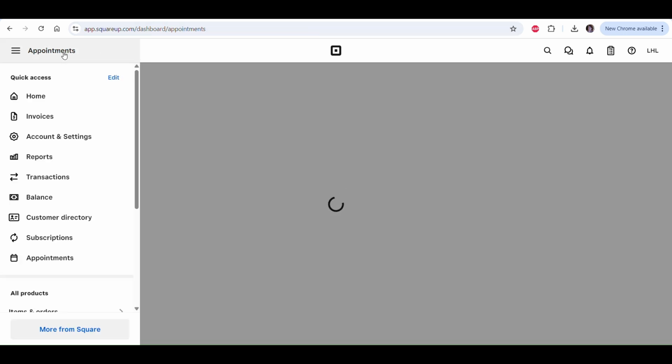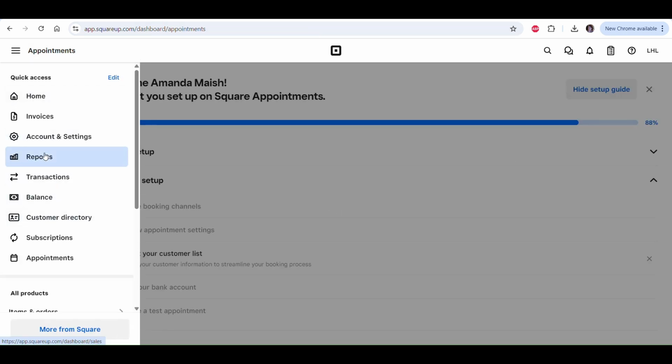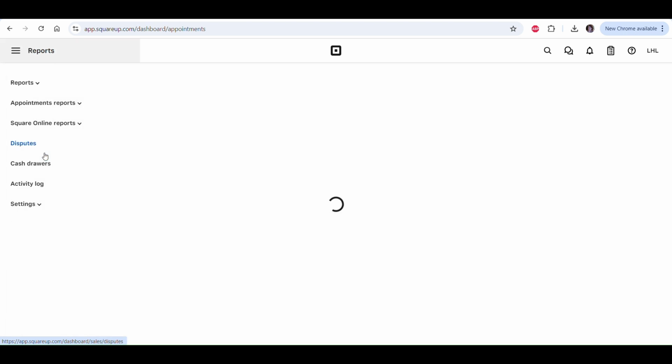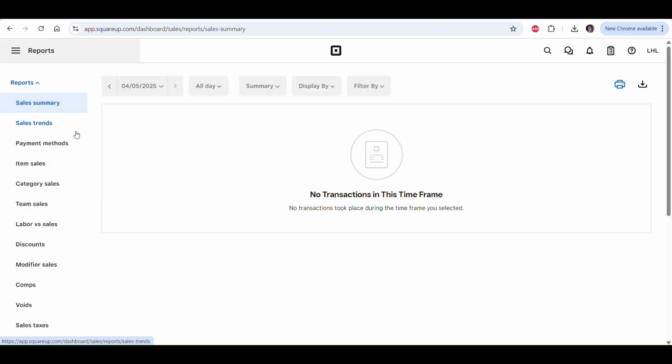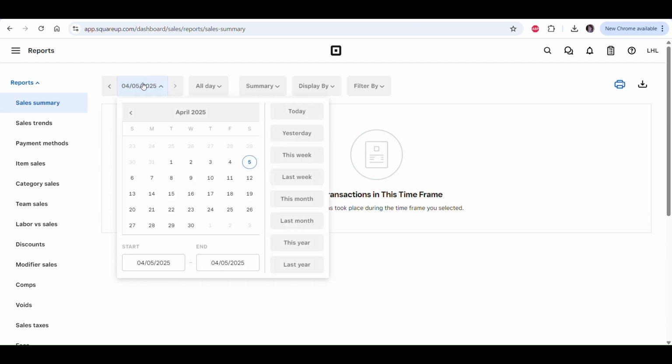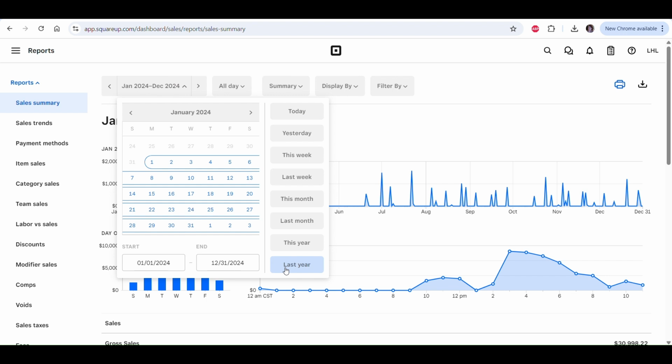Okay, so it's heading to appointments, which isn't really what we want. Well, we need our reports. I'm going to do my best here not to show any private information. We went last year, so you can see here it automatically shows 1/1 to 12/31 of 2024, which is what